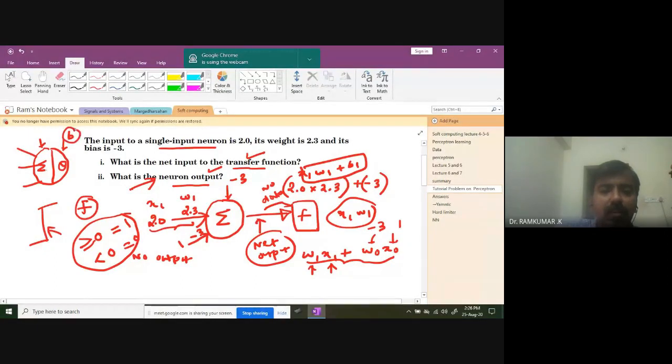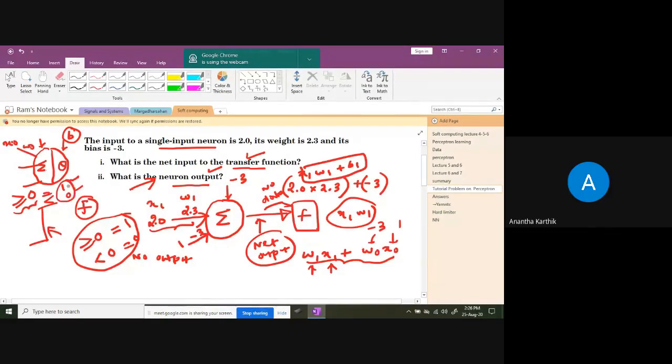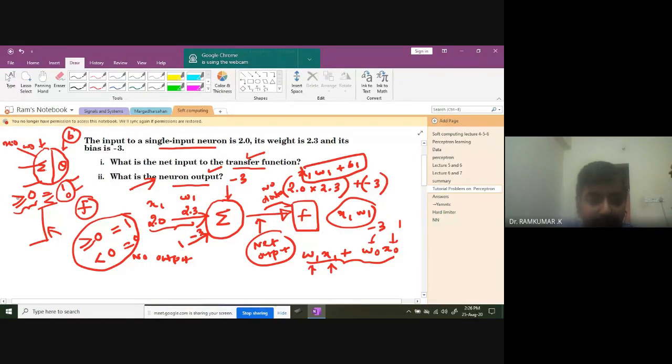And this bias also can be included as a weight. We take the linear combination and we will threshold it. Greater than or equal to 0, we will check. If it is greater than or equal to 0, output is 1. Less than 0, output is 0. This is what we concluded. So that is a condition over which you operate. This condition can be given like a hard limiting function. This you call as a transfer function. You understand what I'm saying?